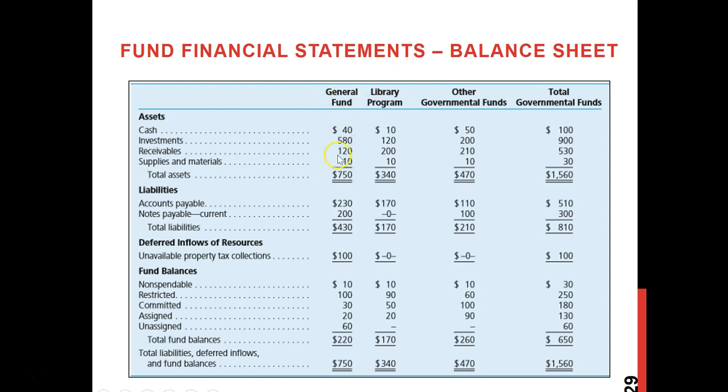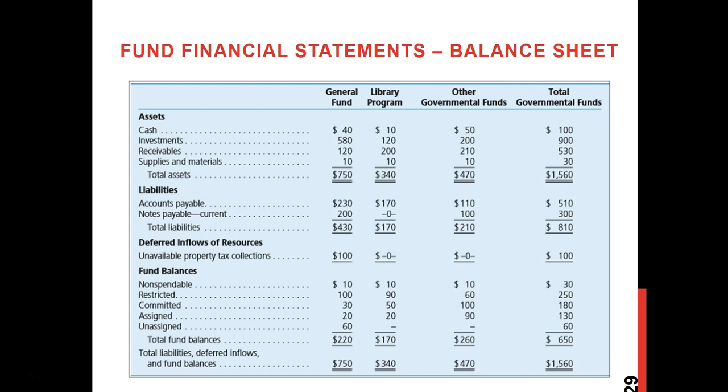So if you see here, they have this general fund column, and under this general fund column they show all their assets and liabilities. Again, they can have some deferred items, deferred inflows or outflows, and then they will also show the net portion, which they call fund balances. It's not net position or net worth or net equity, they call it fund balances. And they basically classify those fund balances into five categories: nonspendable, restricted, committed, assigned, and unassigned.